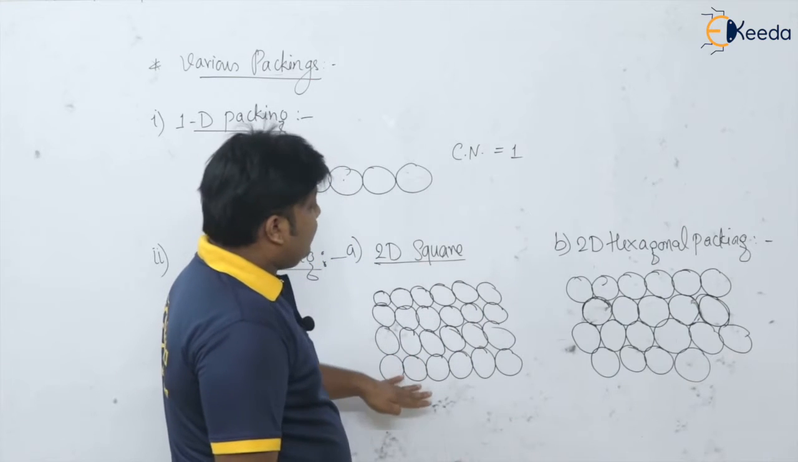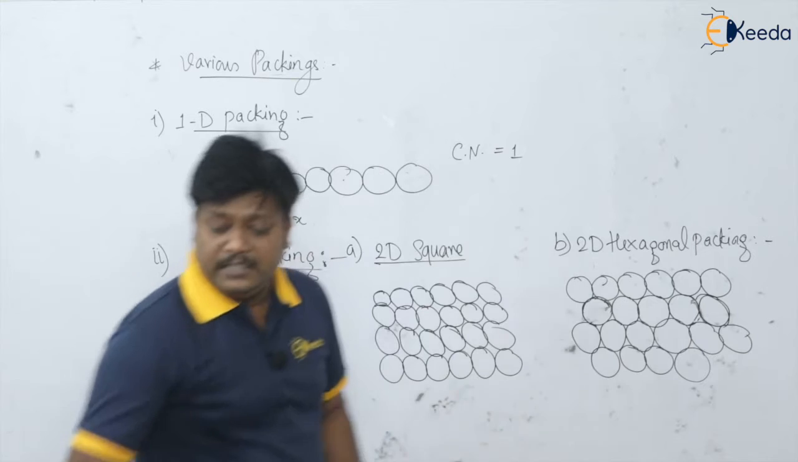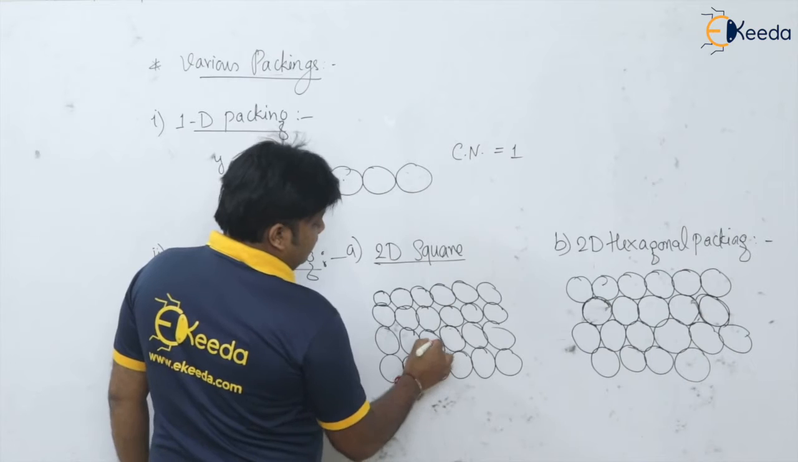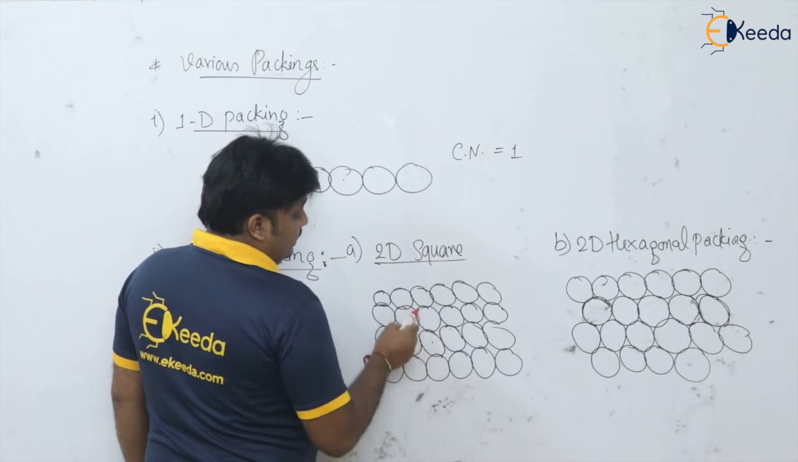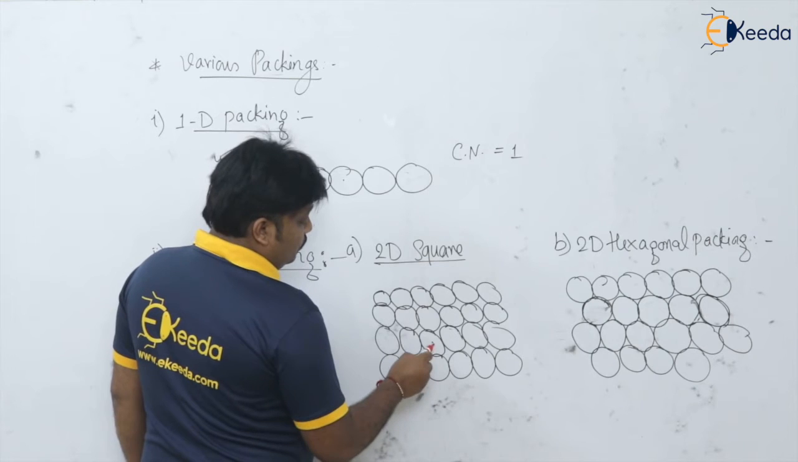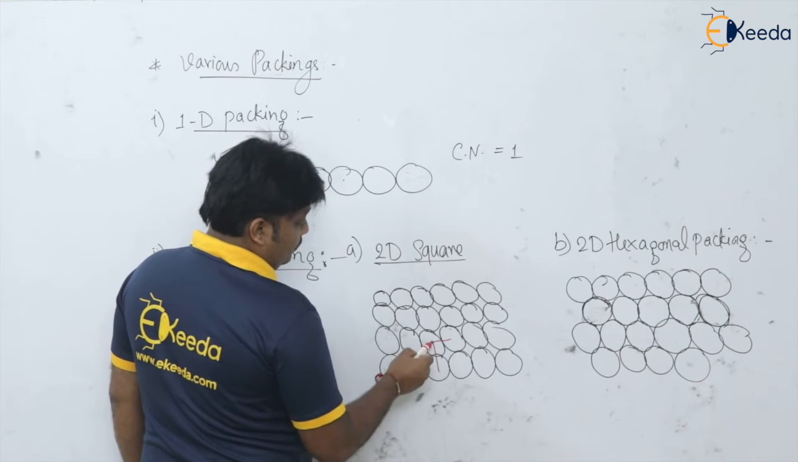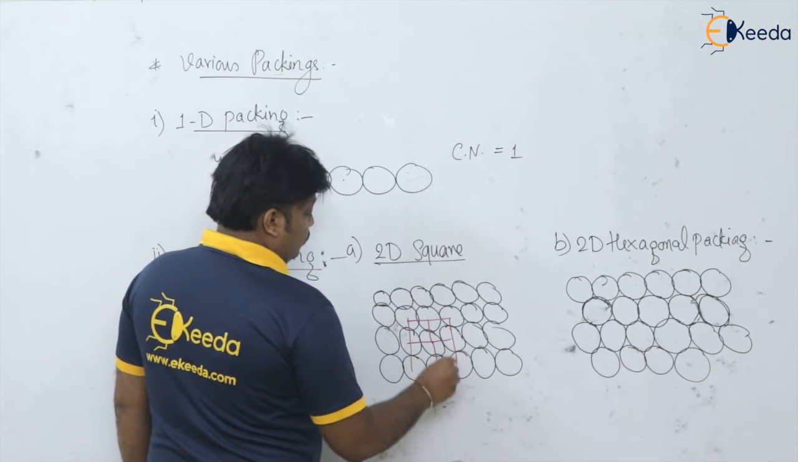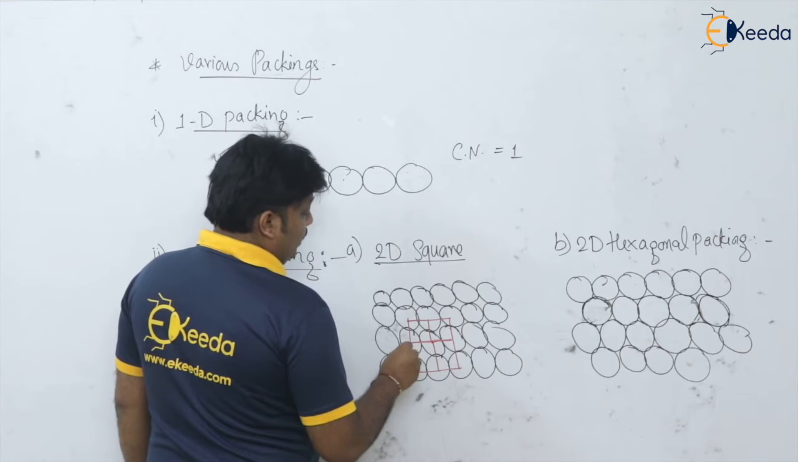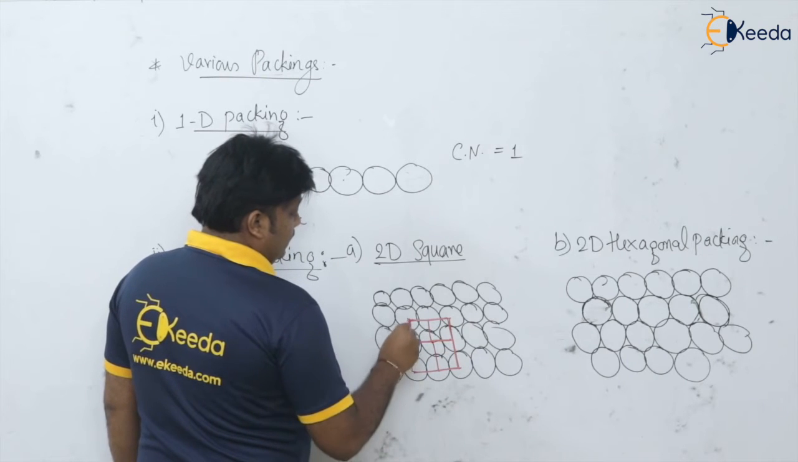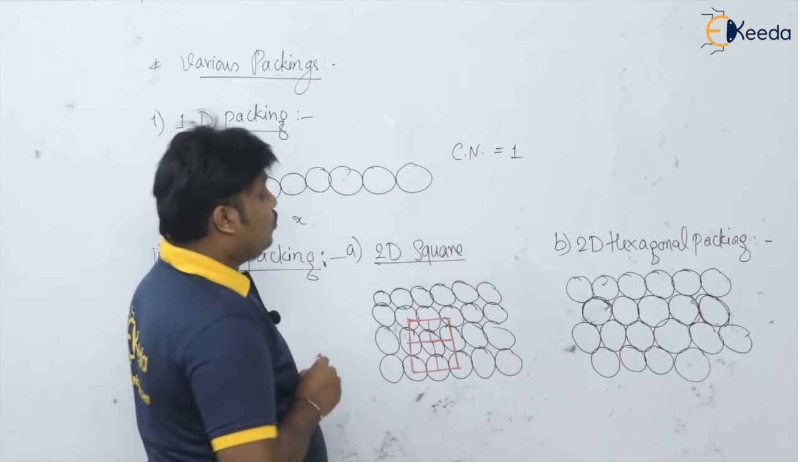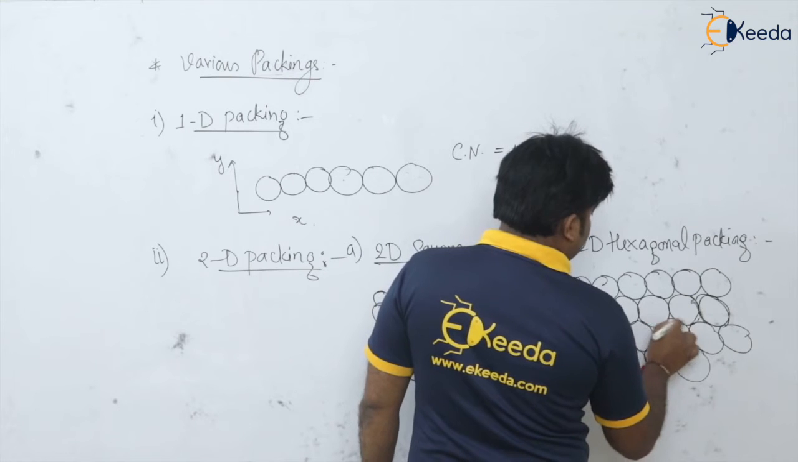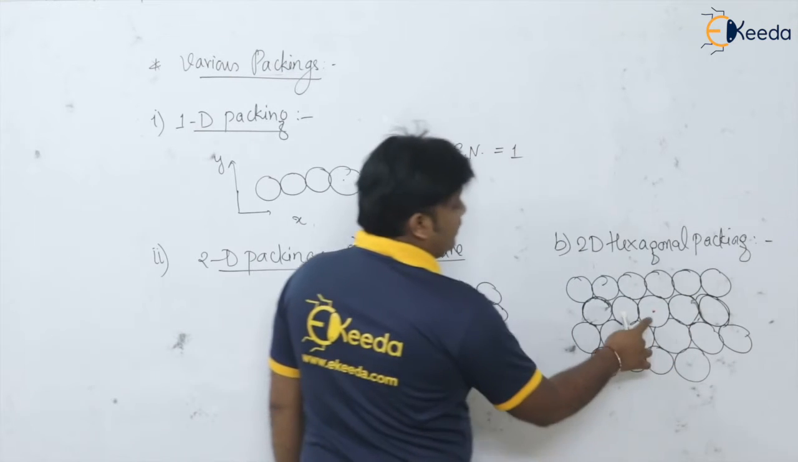Now for this kind of packing, if we want to find out the coordination number, see here. If I take any atom under consideration, how many neighboring or touching atoms? So see, this is 1, this is 2, this is 3 and this is 4. Okay, and if I join this, it will be a square, isn't it? That is why this is known as two-dimensional square packing,